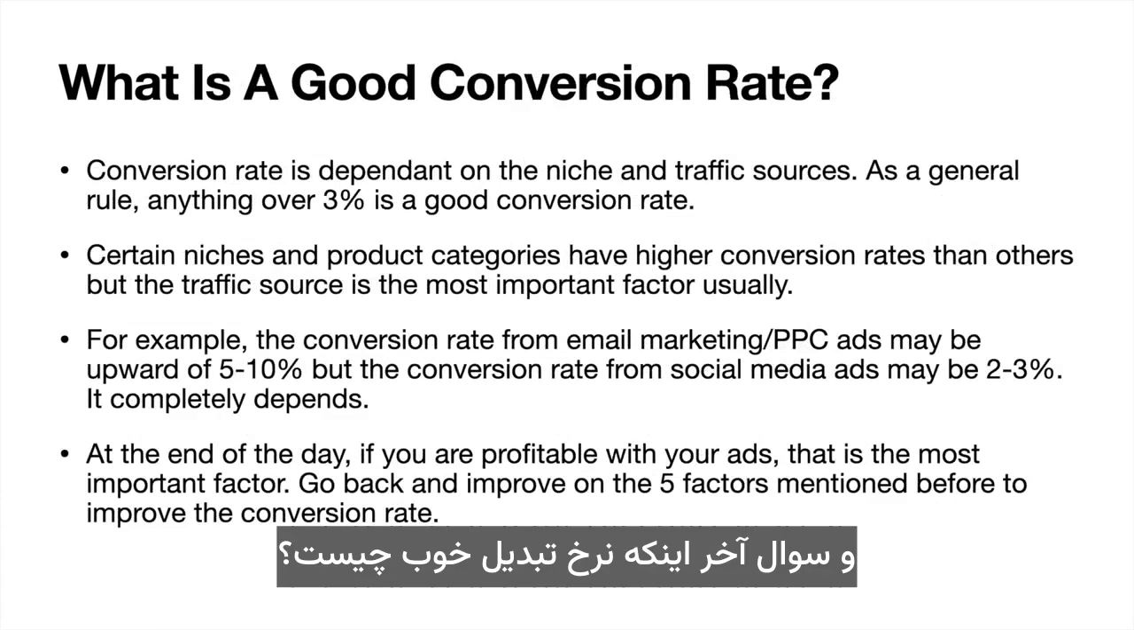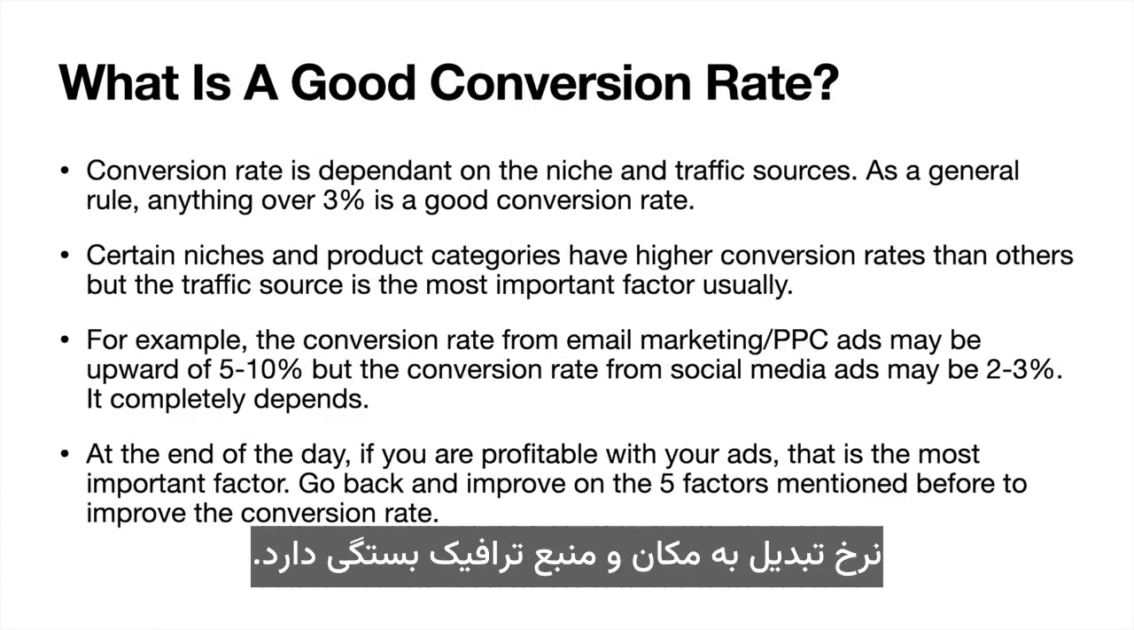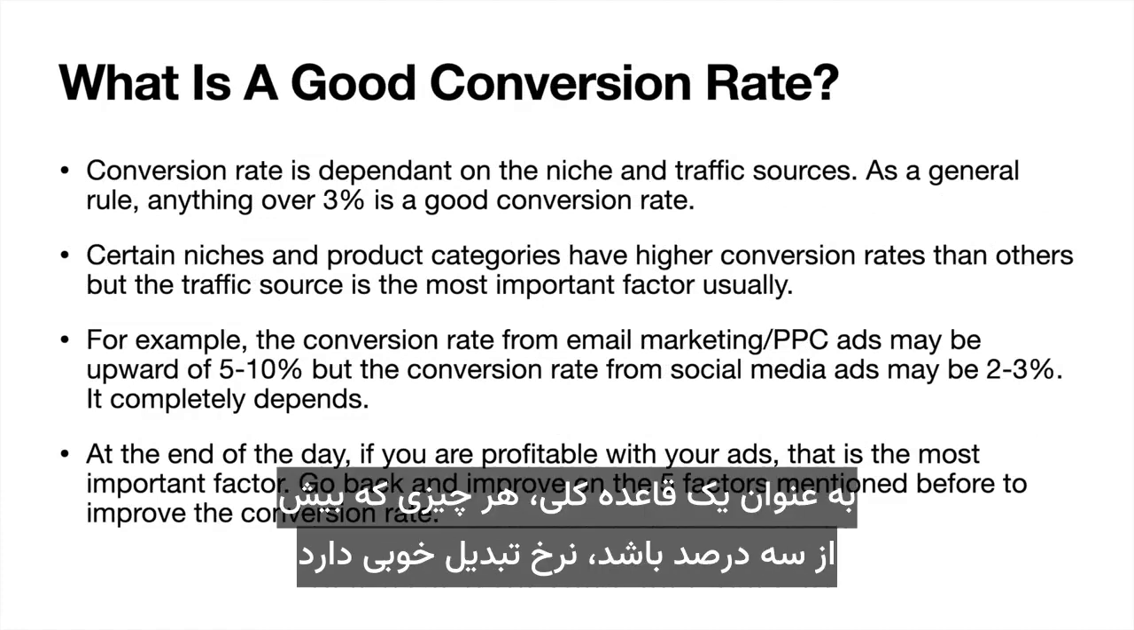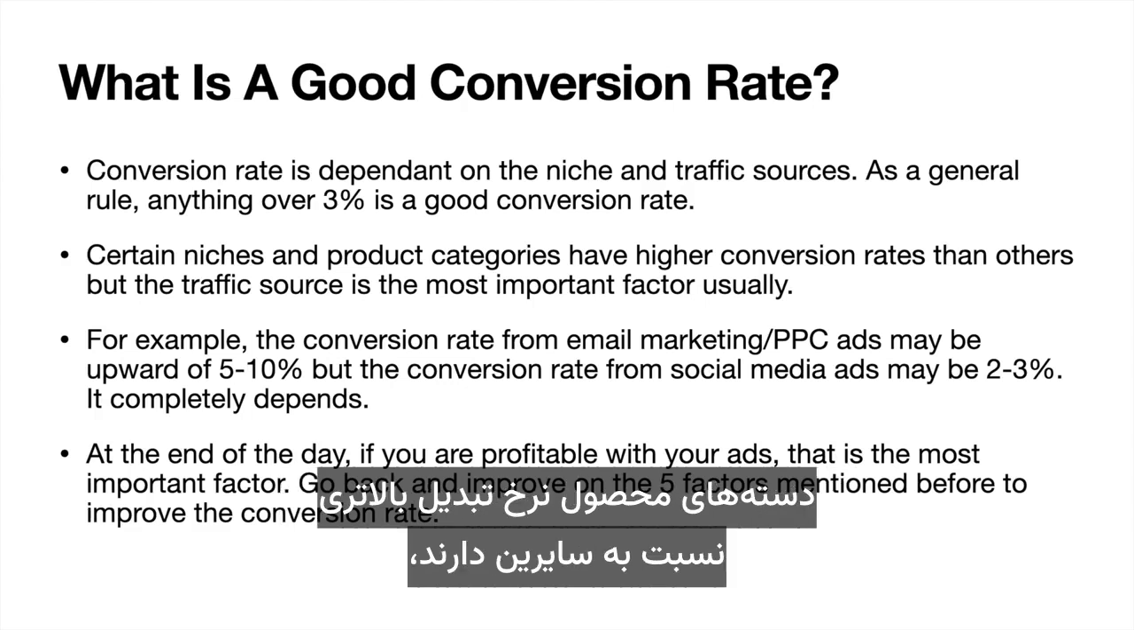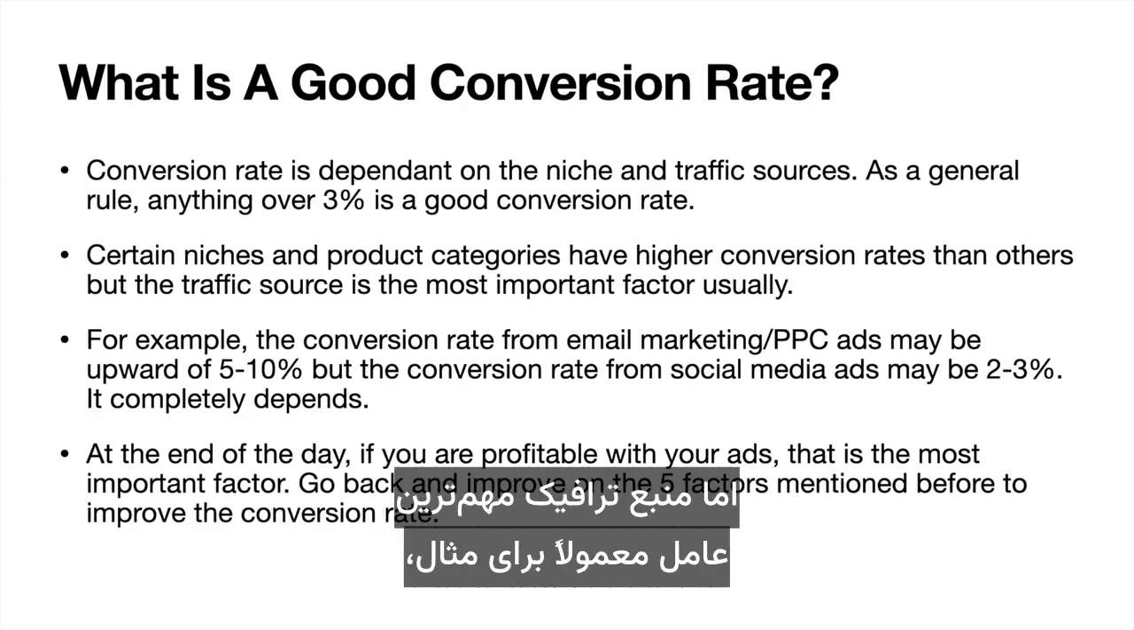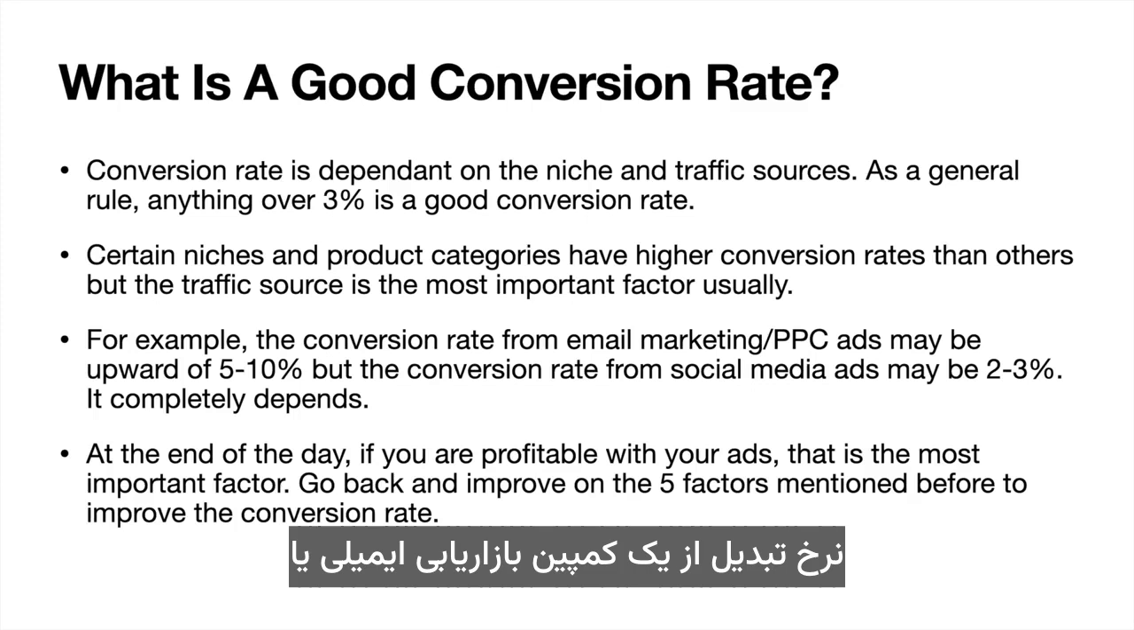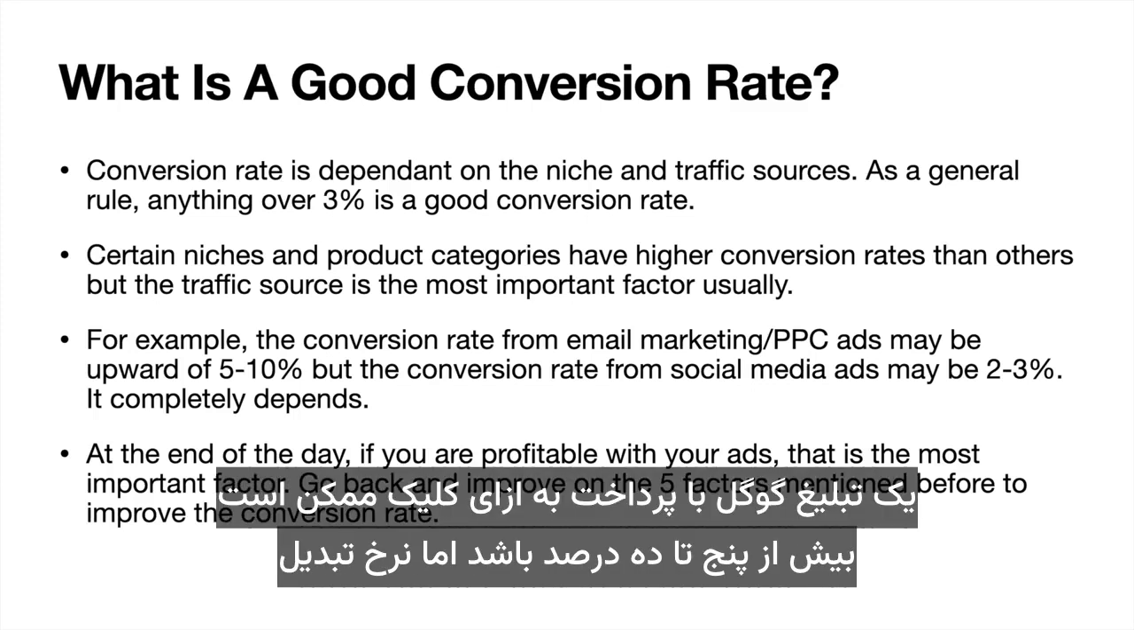And the final question, what is a good conversion rate? The conversion rate is dependent on the niche and traffic source. As a general rule, anything over 3% is a good conversion rate. Certain niches and product categories have higher conversion rates than others, but the traffic source is usually the most important factor. For example, the conversion rate from an email marketing campaign or a pay-per-click Google ad may be upwards of